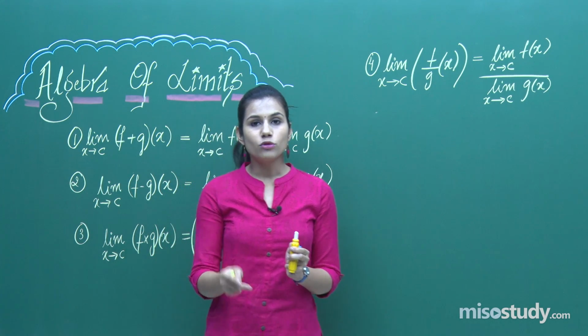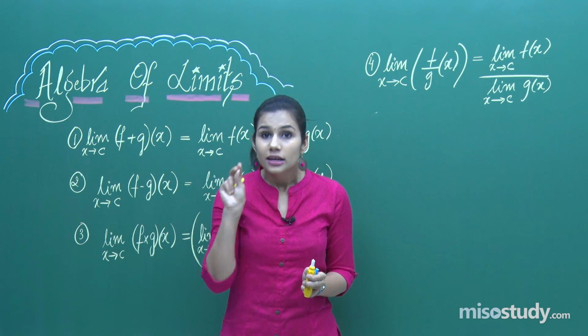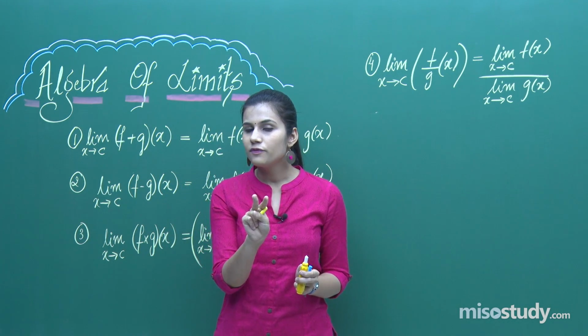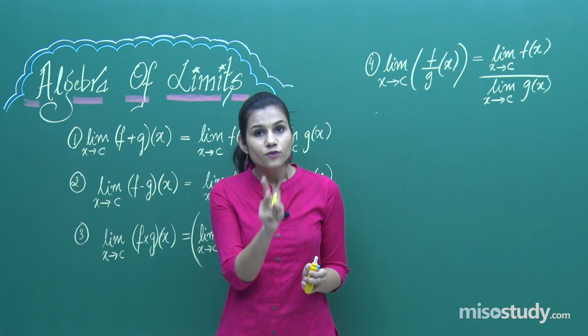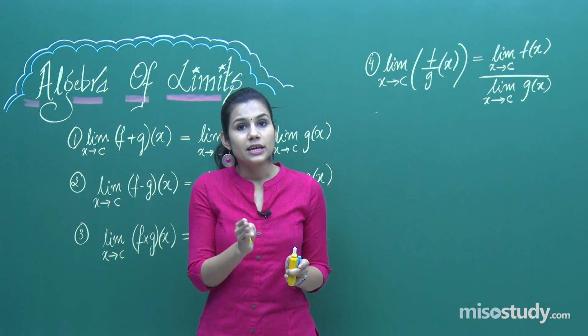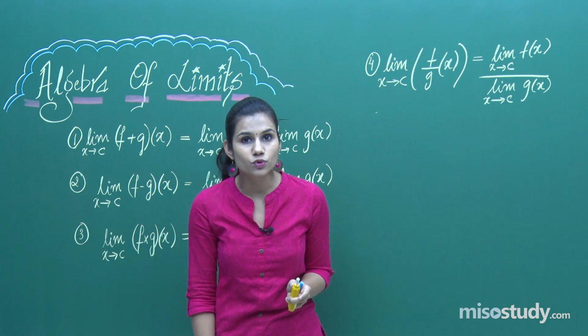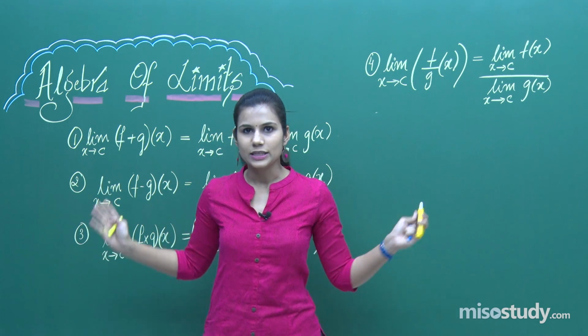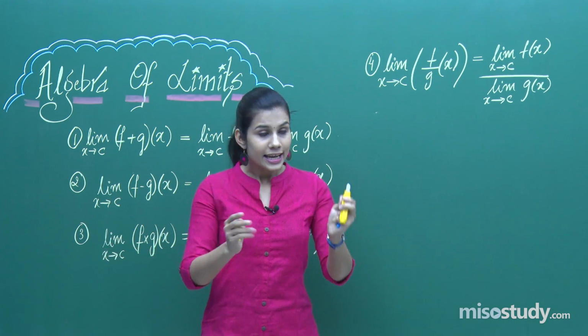If we are aware about the limiting behavior of the two individual functions at the point C involved in the algebraic combination, we will be able to determine the limiting behavior of the algebraic combination of those two functions at the point C. That is what is evident by these examples. In fact,